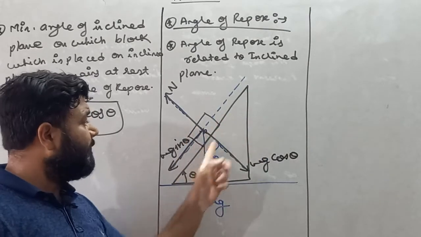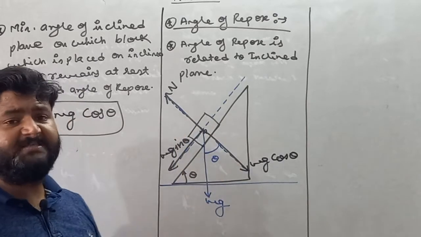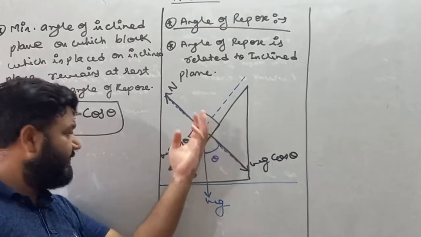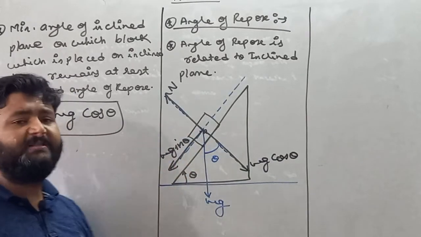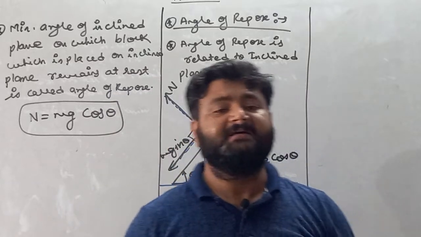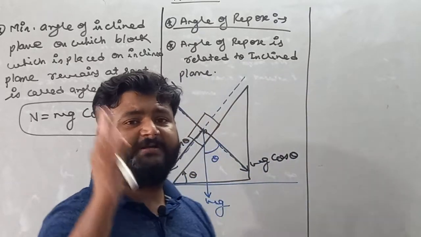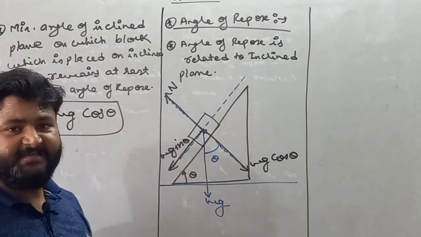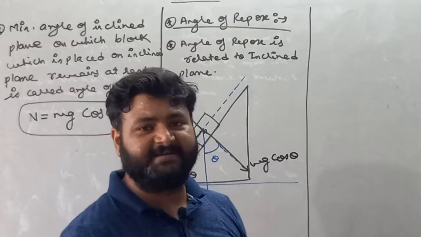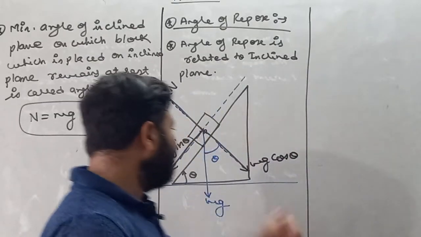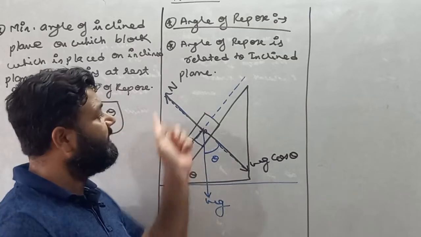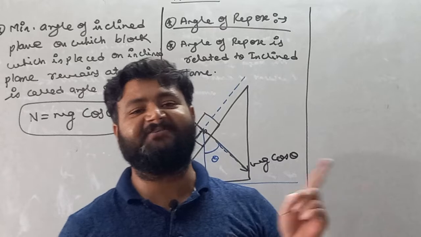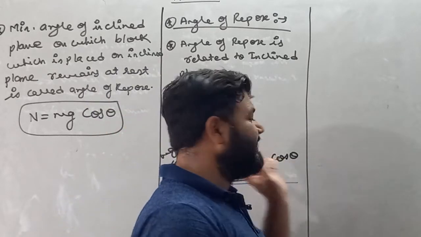So if you wish the block remains at rest, then there must be some force opposite to mg sin theta, otherwise due to mg sin theta the block comes down, because we know that if force is acting on a body then motion takes place. But what we want is that the block remains at rest on this inclined plane. So we can say if the block remains at rest, then there must be a force which counters this mg sin theta in the opposite direction. That force is called, my dear student, static friction, because the block is at rest with